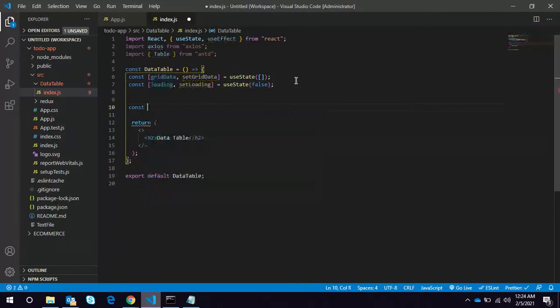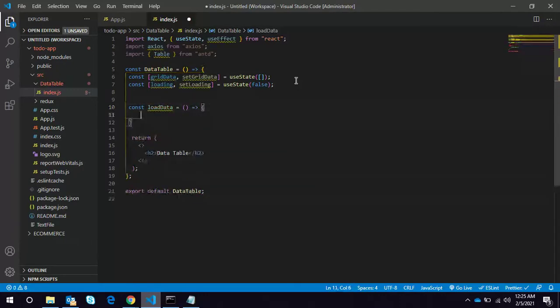I will create one function, loadData. I will make the API call in this function.